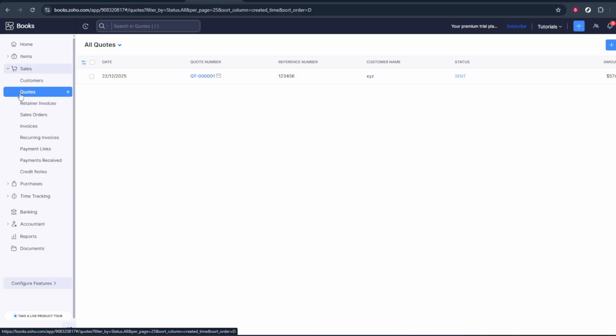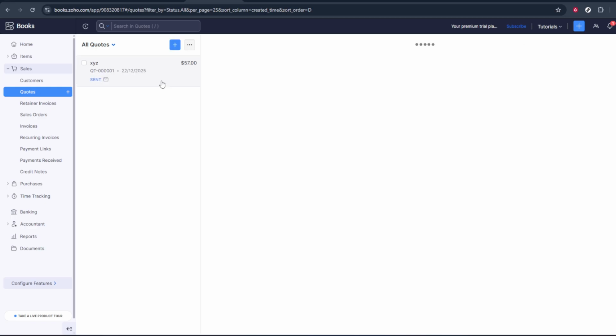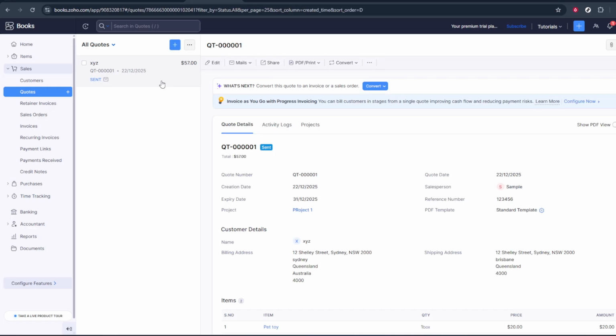Once you're on the quotes page, take a moment to locate the specific quote you want to convert. You can scroll through the list or use filters and the search bar if you have a lot of records. When you've found the right one, click directly on that quote. This will open up the detailed view where you can see the customer information, item lines, quantities, rates, taxes, and